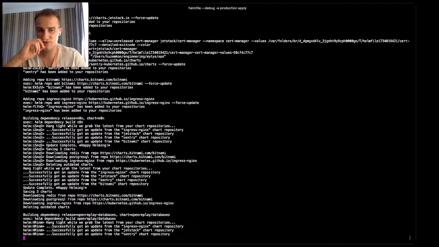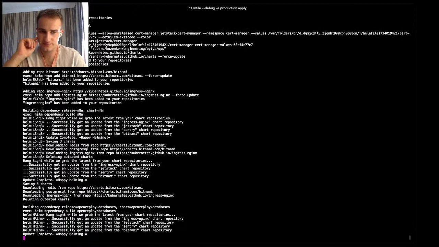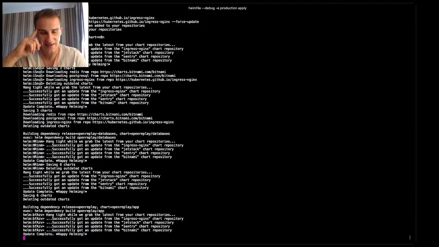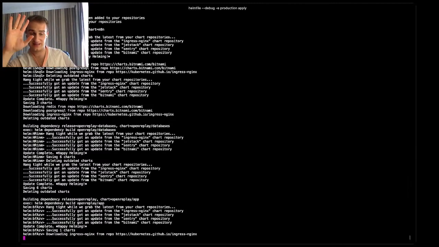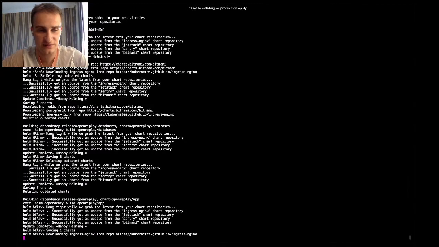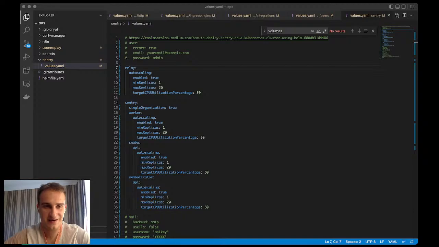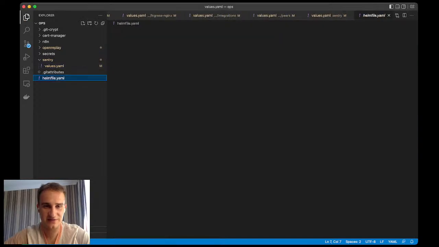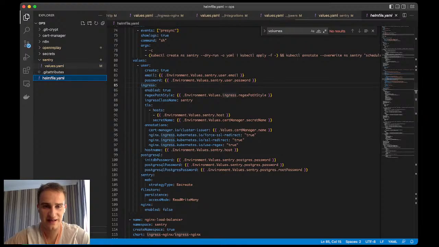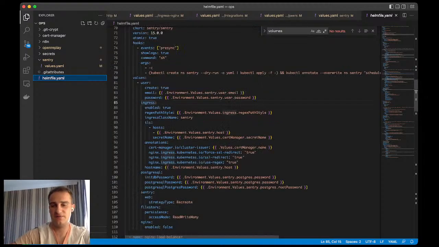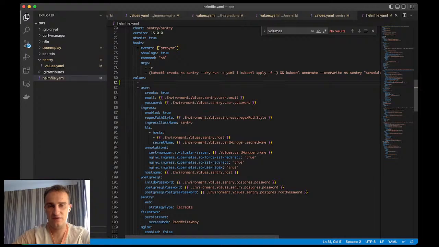So everything seemed to be all right. I forgot to add the scalability to Sentry. Okay, let's make this deployment for just OpenReplay to scalability and see if the service is working without any issues further. And here I just forgot to add this values file to my Helmfile. So in the values here we have our YAML defined values. We also go ahead and add the config of the Sentry